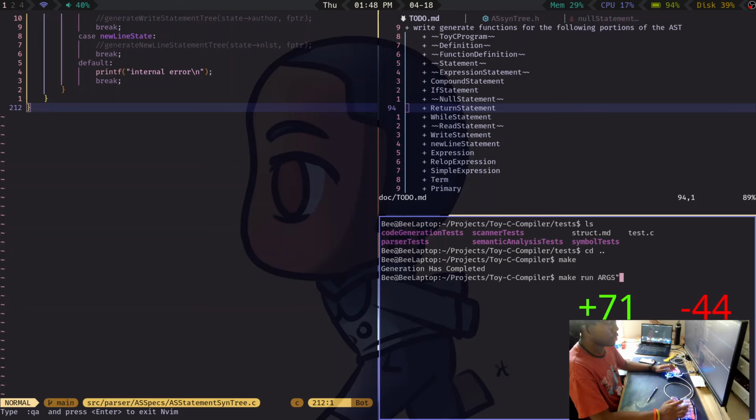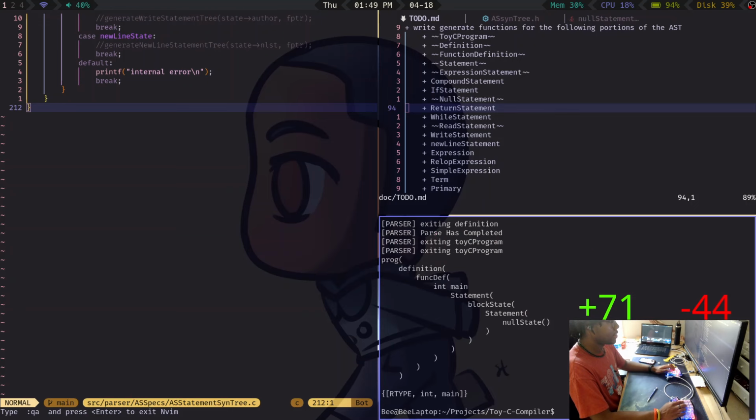Verbose tests slash code generation tests slash null statement dot tc. Yeah.